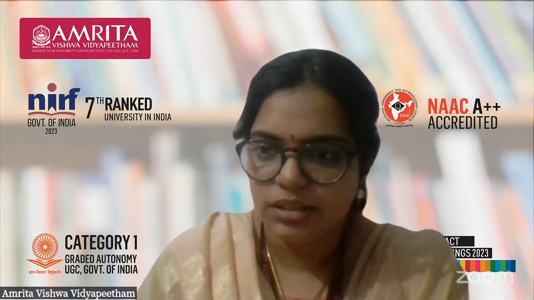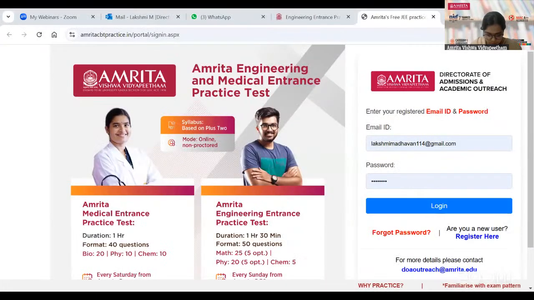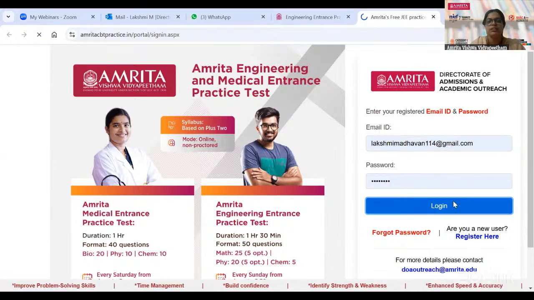So yes, this is a very important update. I am going to share one screen. I hope the screen is visible to all of you. This is also a portal. I don't know how many of you have an option that's available to write exams on a daily basis or something. So this is a portal which is specifically for those people who are preparing for entrance examination. And I would say past 20-25 years of question papers are here. So you can register as a new user here, create your password, and then you can log in.